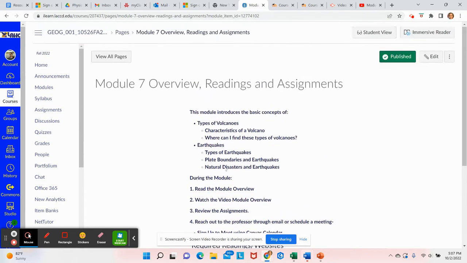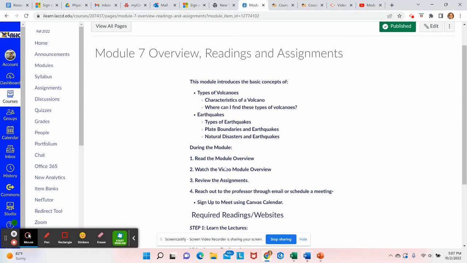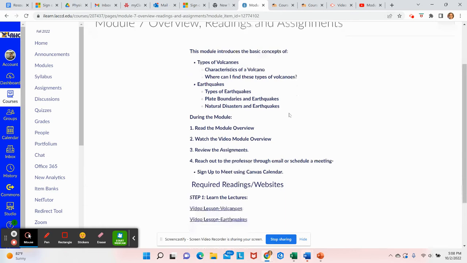So for this week, we're going to be learning about volcanoes and earthquakes, one of my most absolute favorite topics. Now, volcanoes. There are different kinds of volcanoes all over the earth, and we're going to learn about where they are and how they're different. So, some of the characteristics of volcanoes and where can I find them? Hey, if I wanted to take a trip and see this sort of volcano, or if I ever go somewhere and I see a volcano like this, I'm going to have an idea of the personality of this volcano.